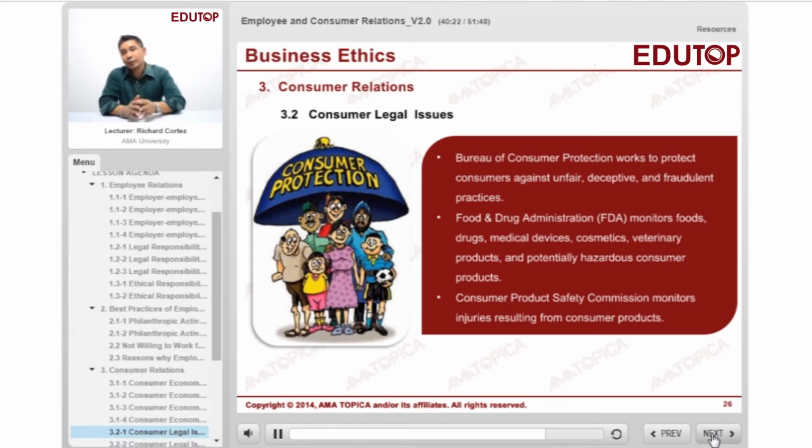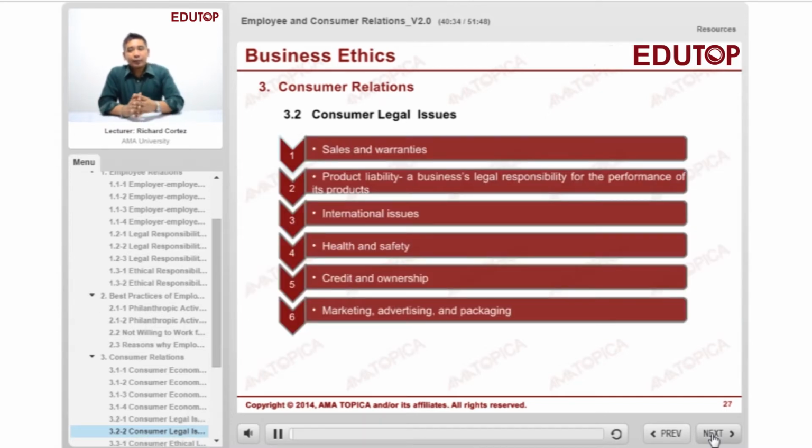So that is very important. It is good that the government has this agency monitoring the violations being done or possible violations to be done by the companies. Still in the topic consumer legal issues, we talk about the responsibility of the business to provide warranty sales